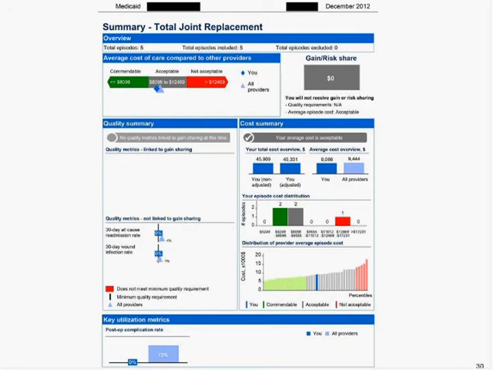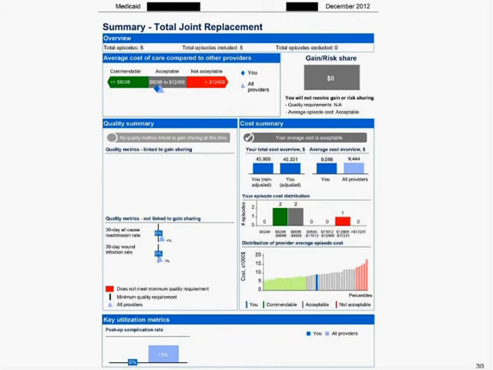There are no quality metrics linked to the gain sharing at this time, and that's in this area. So the only quality metrics are quality metrics that they are tracking that are not linked to gain sharing for this episode of care. At the cost summary, you're going to see,